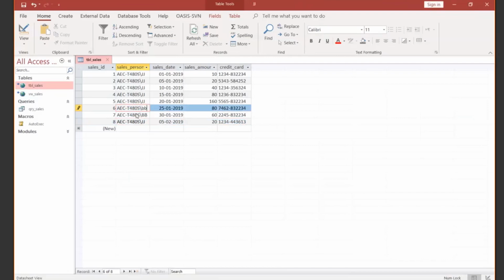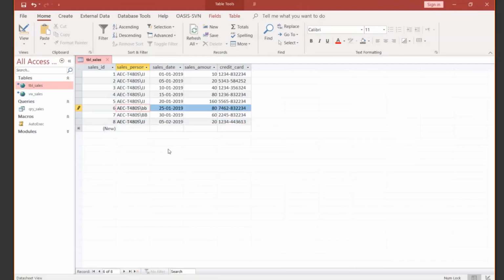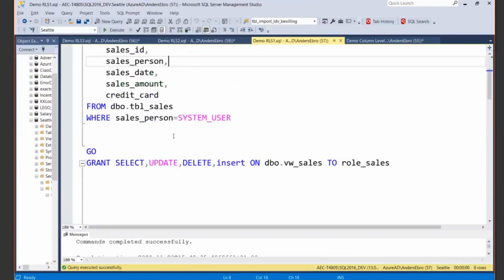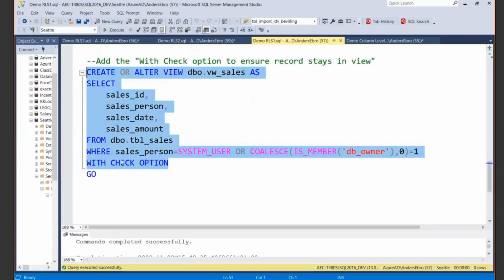I can update a row, but if it falls out of my filter predicate, then it's going to say, well, that's not okay. It has a block predicate. So this makes sure that I cannot edit it in a way that makes it fall out of my permissions. In the same way for the view, we can add this view with check option, which is going to